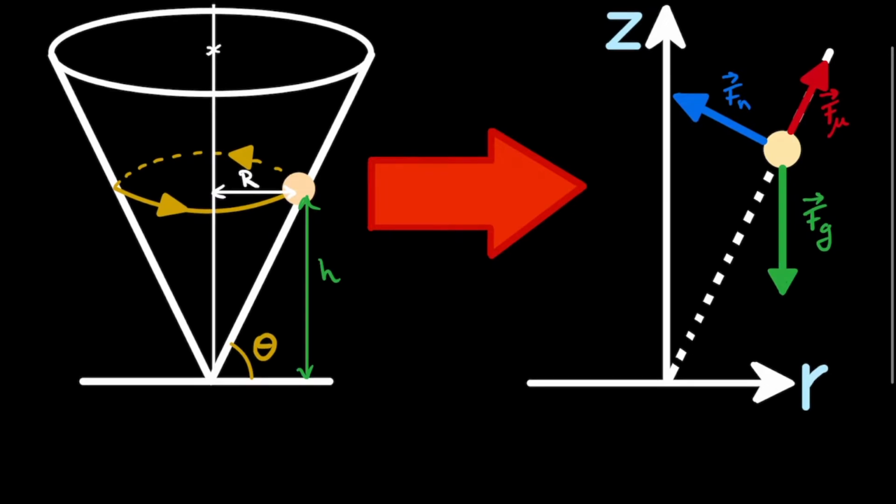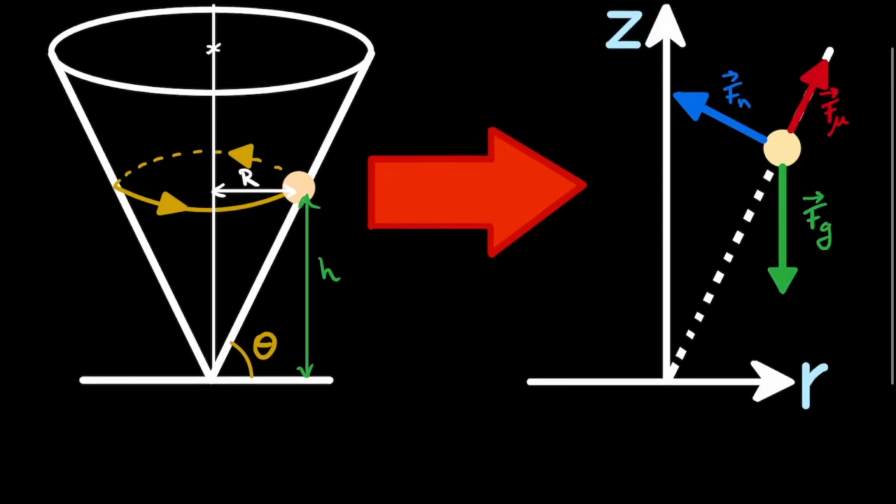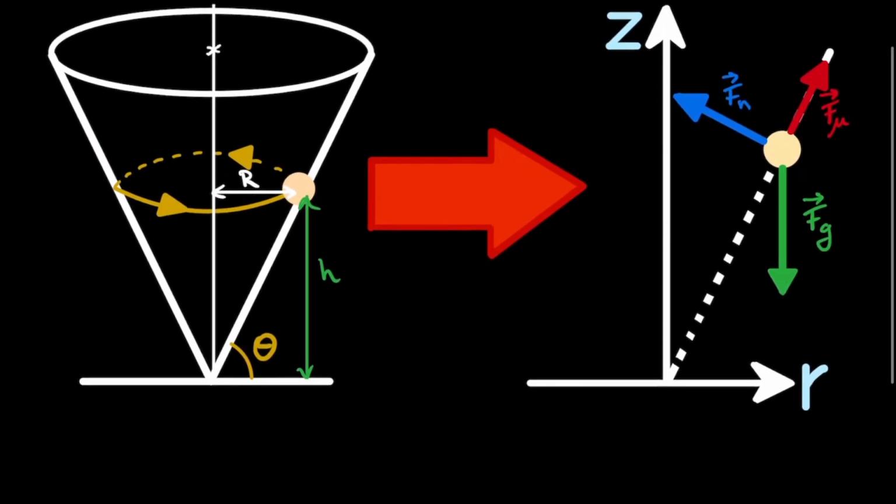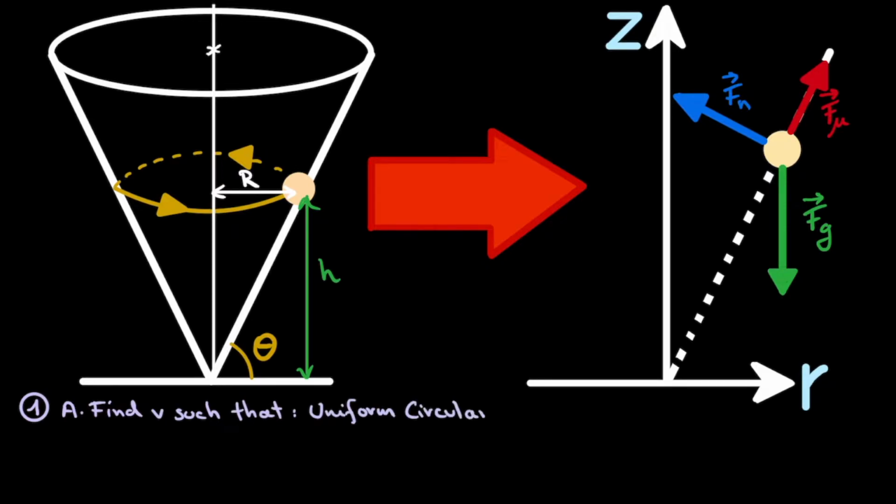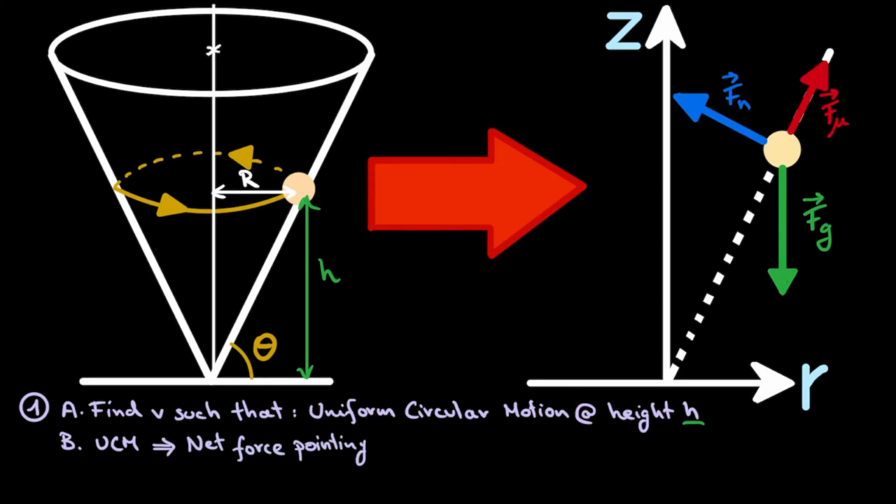Now that we have identified all of the forces acting on this object, let's lay out the strategy that we're going to use to solve this exercise and thus to find this velocity. The reasoning goes as follows. First, we restate the question and make sure that we understand what is asked. We need to find the minimal velocity v of this object such that it describes a uniform circular motion at a specific height h. Then we realize, because there is uniform circular motion, the net force on our object needs to be a force pointing radially inward, and that this net force is then the centripetal force,